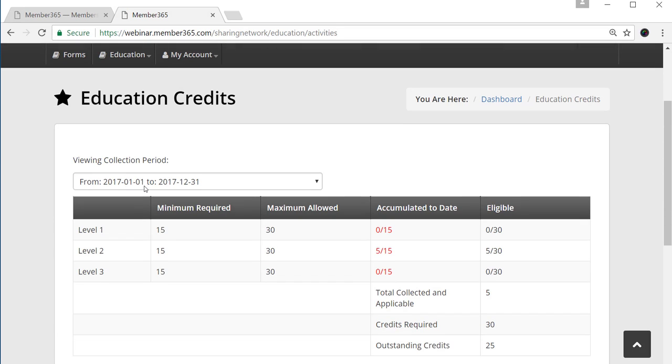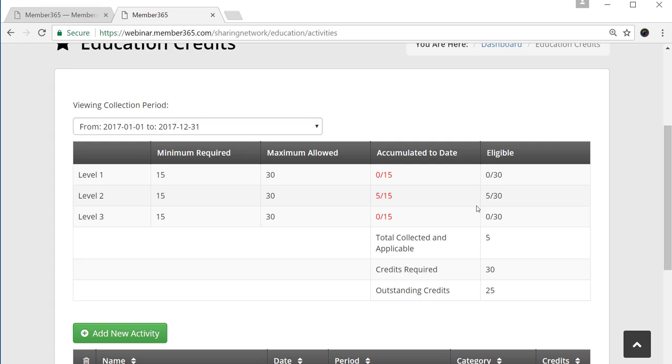And here I have a little chart of everything that I've already completed, what I still need, which is really handy for any member to see. They can log on, see how many more activities they need, how many more credits they need, and everything that you see here is completely customizable. So it's saying minimum required is 15, maximum allowed is 30 credits. You can change all of this. It's completely up to you, so this will not look the same for every